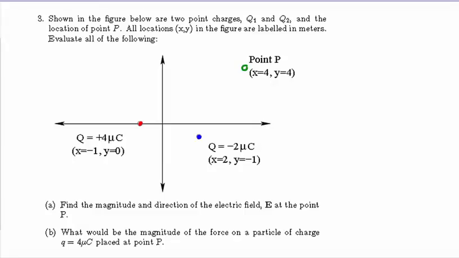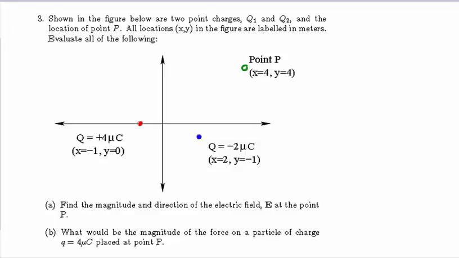Shown in the figure below are two point charges, Q1 and Q2, and the location of point P. All the locations, x, y in the figure are labeled in meters. Evaluate all the following. Part A, find the magnitude and direction of the electric field at the point P. And part B, what would be the magnitude of the force on a particle of charge Q equals 4 microcoulombs